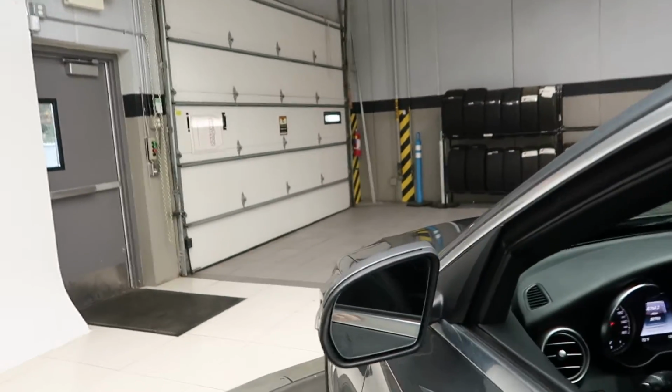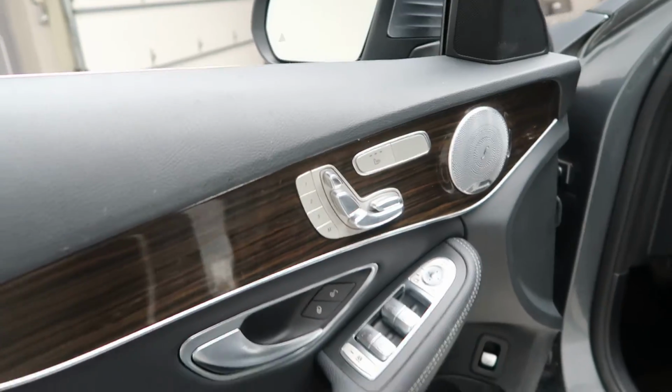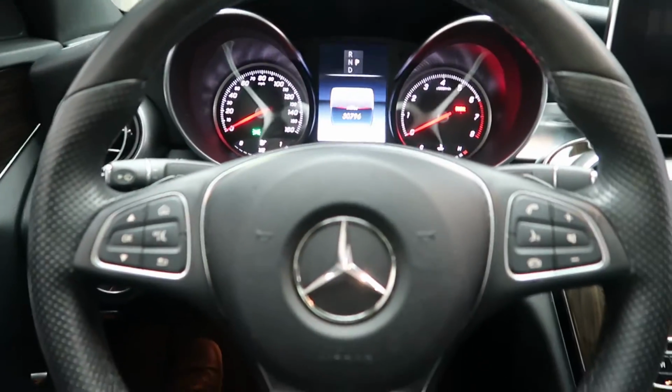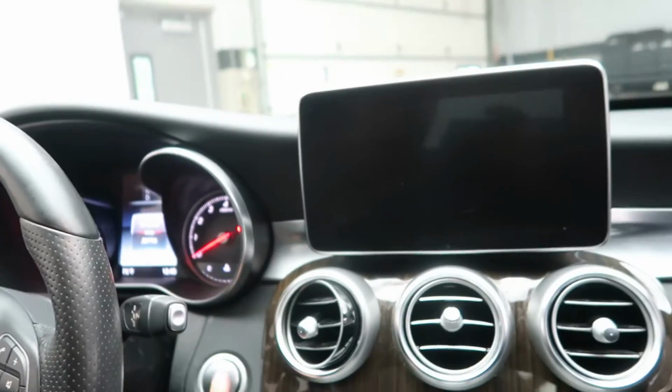Premium 1 package with blind spot assist. Burmeister sound system, heated seats, memory seats. Heated steering wheel controls with Bluetooth capabilities, paddle shifters for extra performance, a push start ignition,